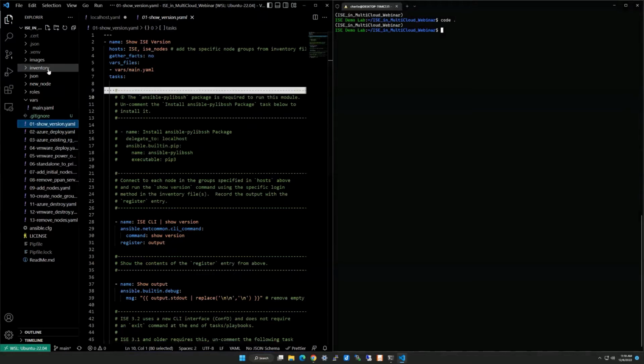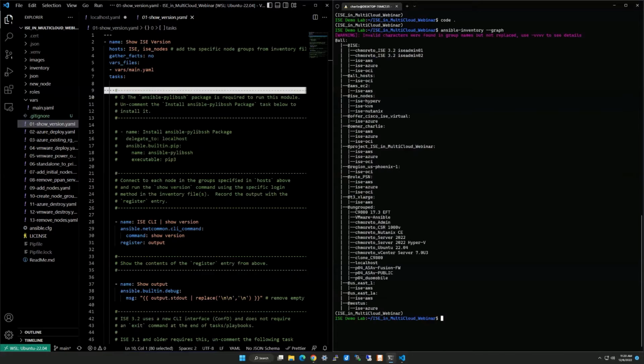Now, one thing that I like to do is we do an Ansible inventory and show it in a graph. It's going to go through my inventory files. Don't worry, I'll show you those in a moment, and see what groups I have created to group these inventories out. So as you see here, ISE is a group, and I have AWS, Azure, Oracle, and